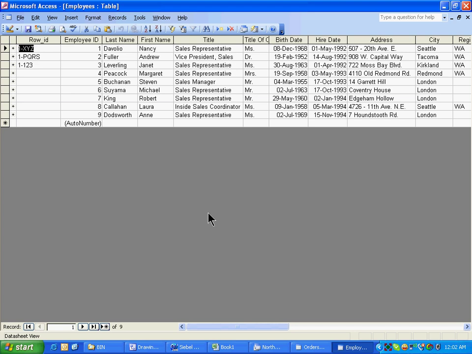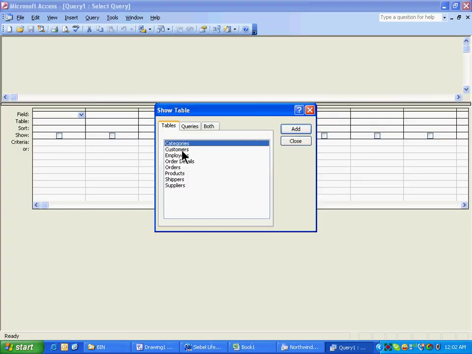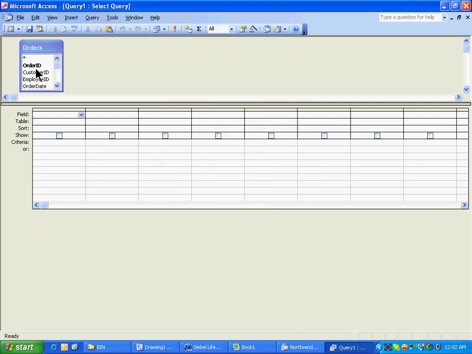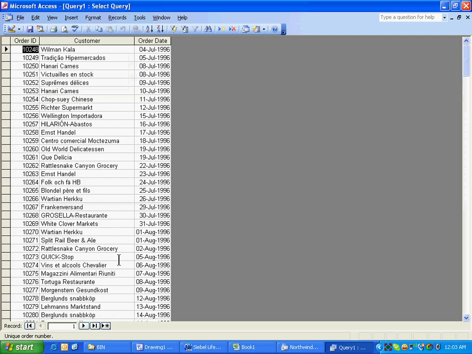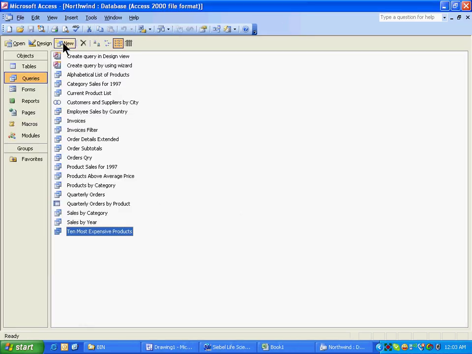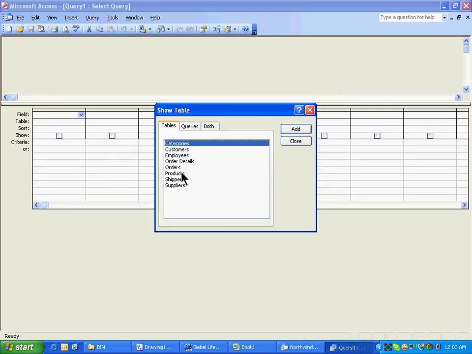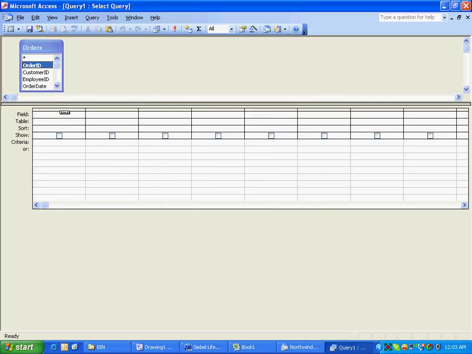Anyway, now we understand what a join is, and what simple querying is. Let's say you want to find out all the customers and all the order details. What you do is select orders, customer ID, and order day. We just found three things. Was it difficult? No. If I want to find out all the orders that were placed on the 4th of July or after the 4th of July, then I will simply write it like this: greater than